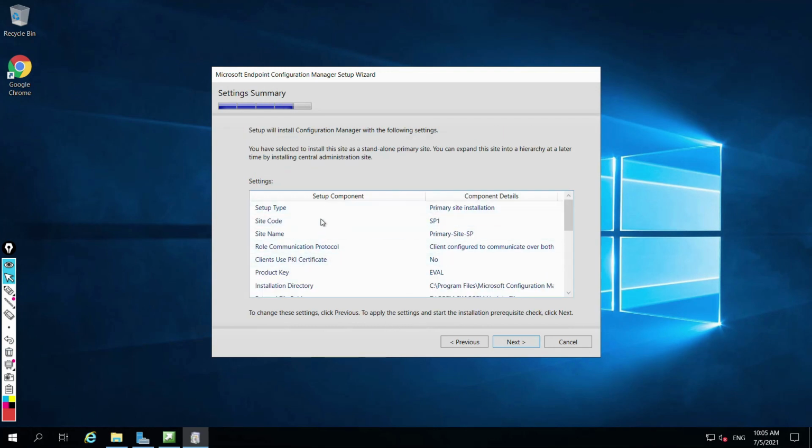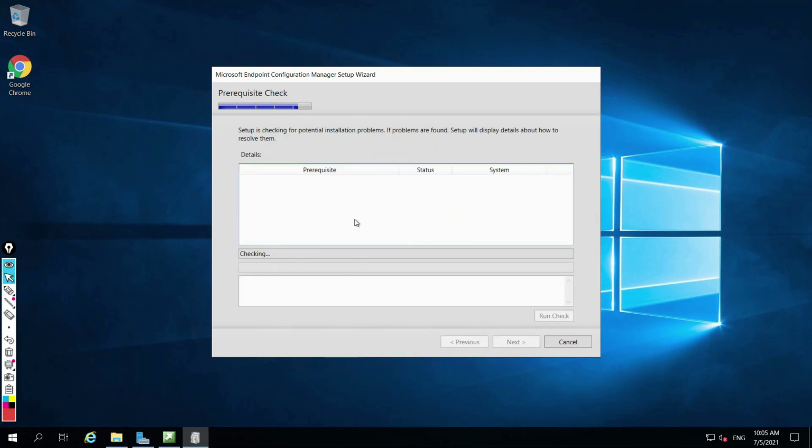So this is a summary of what we have selected. We'll move next, and it will run the prerequisite check to see whether we can perform the installation or not.